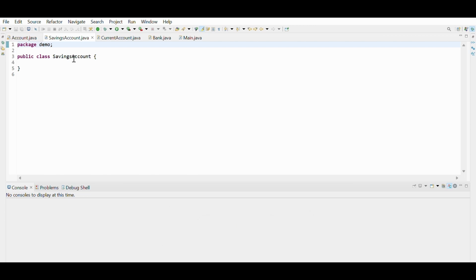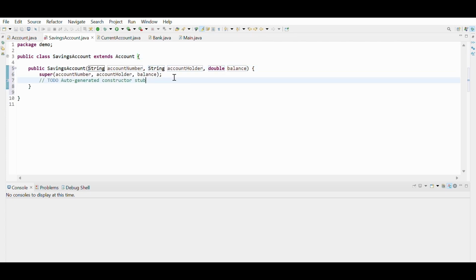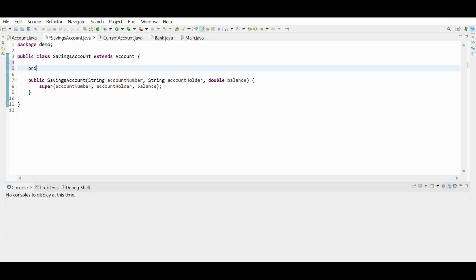One is the savings account, one is the current account. So these classes will inherit the account class, so I need to write extends account. So this is done, and it will ask me to create a constructor. So the constructor I have created, but one thing, as this is the savings account, I need to provide interest as well. So one more attribute I will create, private double